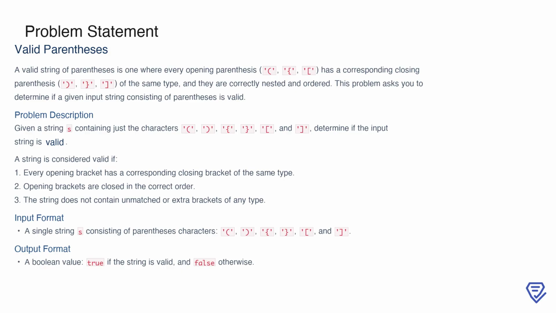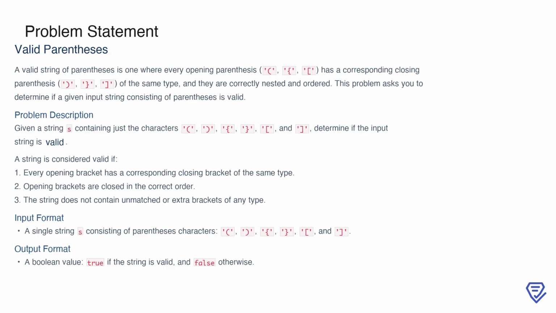In this problem, we're tasked with determining whether a string of parentheses is valid. A string is considered valid if every opening parenthesis, like or, has a corresponding closing parenthesis of the same type, such as or. Additionally, these pairs must be properly nested and ordered. For example, an opening bracket like cannot be closed by or, and the brackets must follow the same sequence in